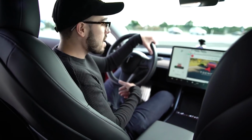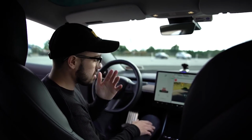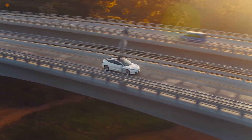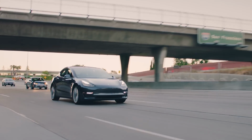Now, you just recently got in a Model 3, and I saw you having a grand old time. What was your takeaway from that? Did it live up to your expectations? Yeah, and I've been in a Model 3 a couple of times. It's just a different car. I think it's the smart car, just the way everything's been designed from scratch, the touch, I'm sure